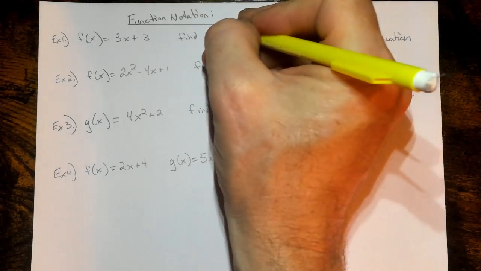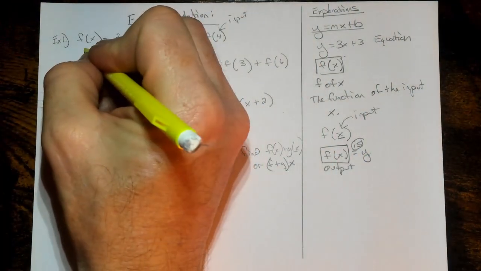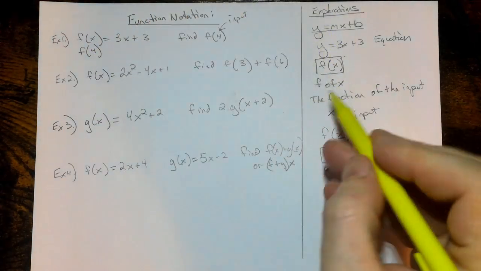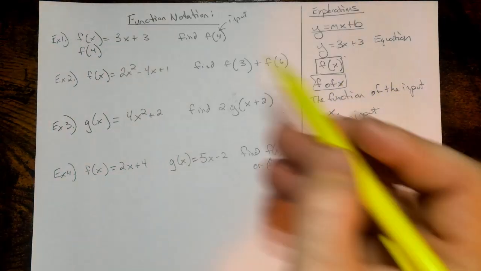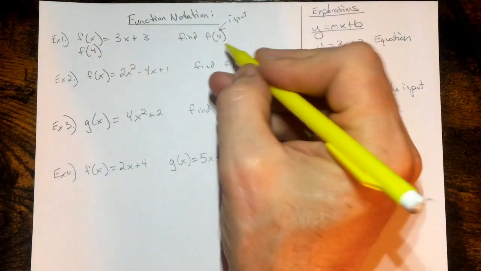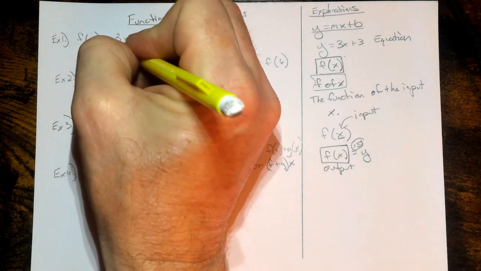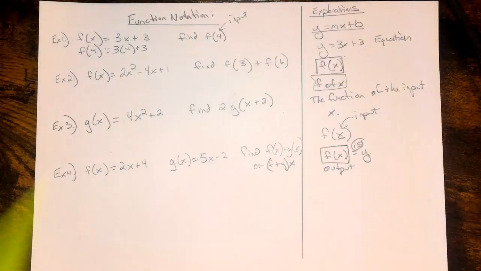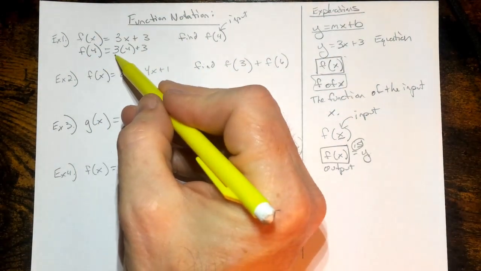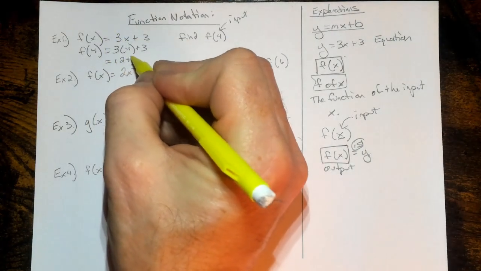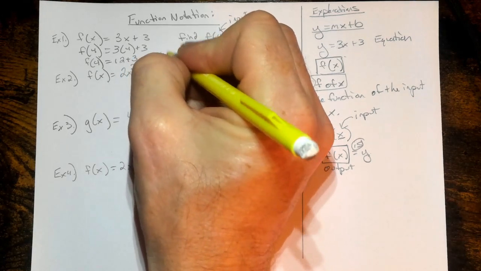So this right here is the input. So what do I do? I go over here, I'm going to rewrite it as f of 4, right? We read it as f of x. So then I'm looking for f of 4, meaning I'm looking for the output when the input is the value 4. This is actually much simpler, but the concept is deeper. It's much simpler to apply, but the concept of it is deep. So 3 times 4, right? It's 12 plus 3. So f of 4 equals 12 plus 3, which means that f of 4 really just